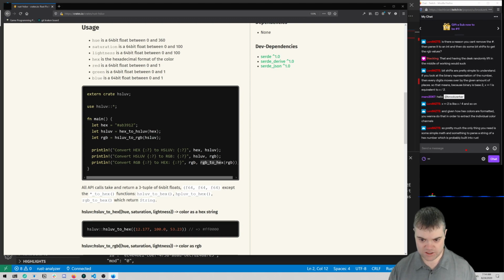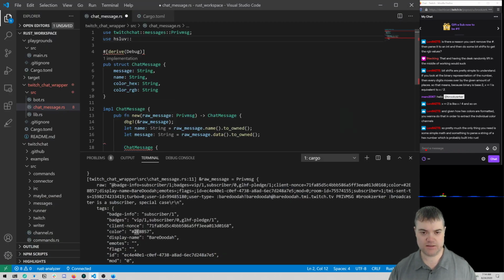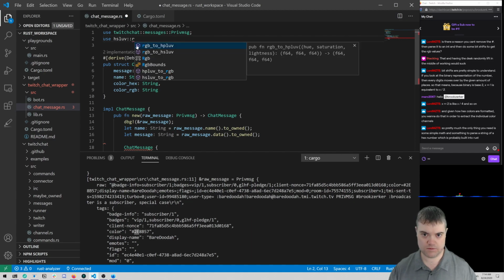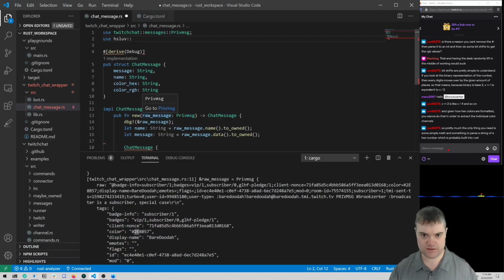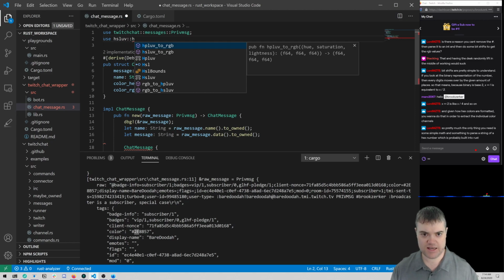Or there's this RGB to hex. I could probably get hex to RGB. Hex to HSL, okay. I don't see that as an option here.